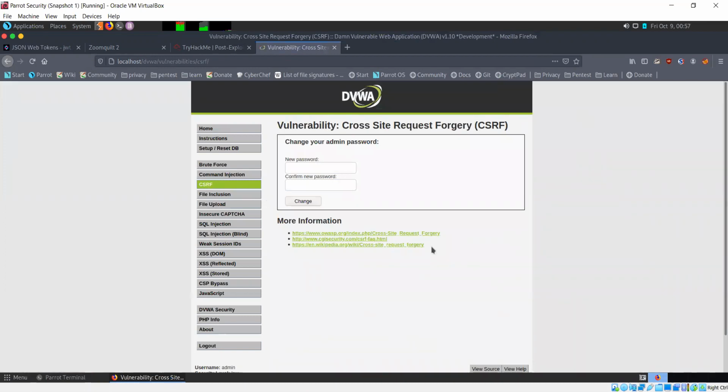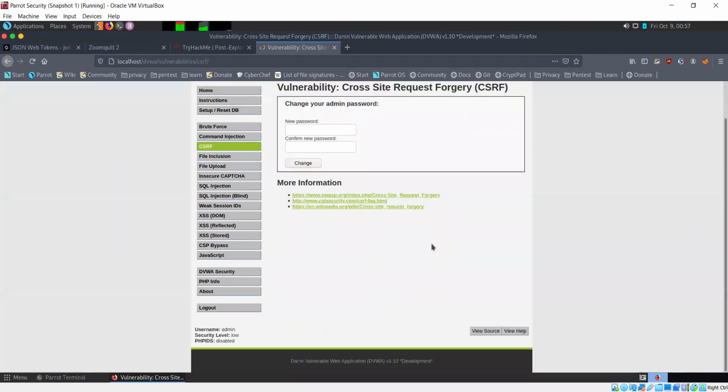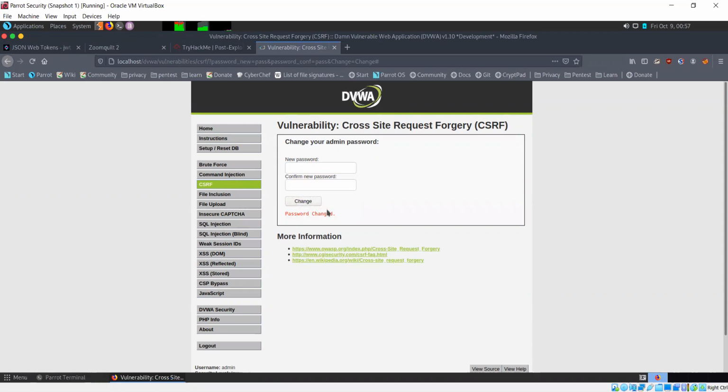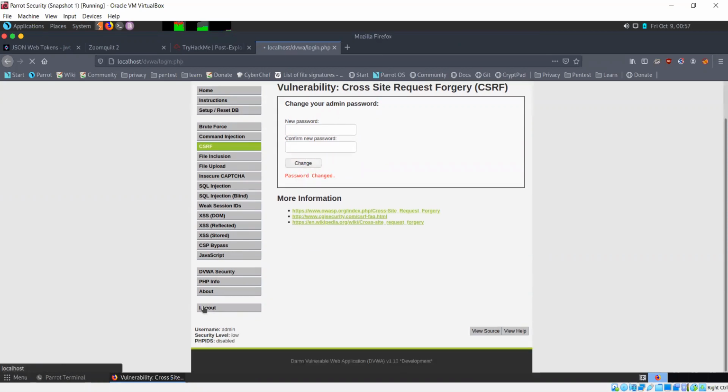So CSRF is what we had begun talking about yesterday. Now first let's see the normal functionality of this thing. So I'm going to type a new password here for the currently logged in account. Confirm new password. Change. Password changed. So let me check if this is working now.